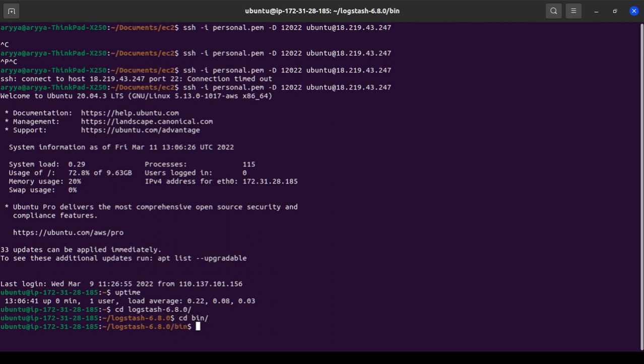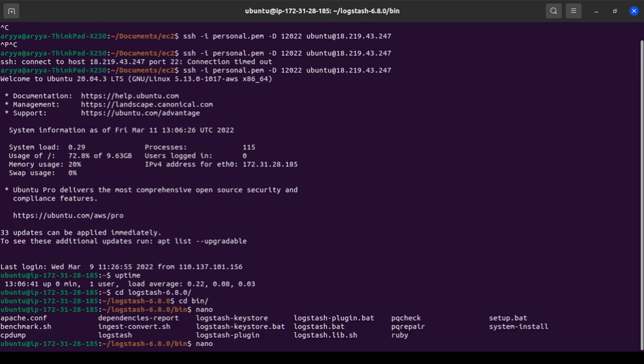I already created the configuration for this one, called Apache. The idea of this Logstash is to monitor the Apache log, parse it into separated fields, and then send it to the OpenSearch service.